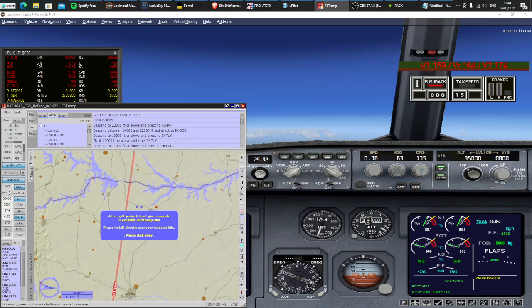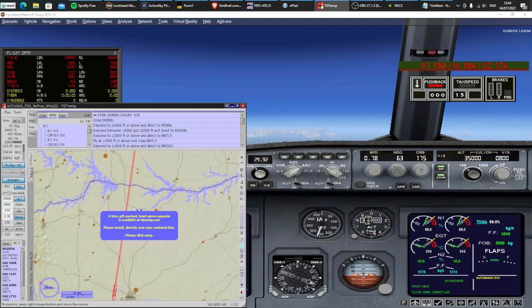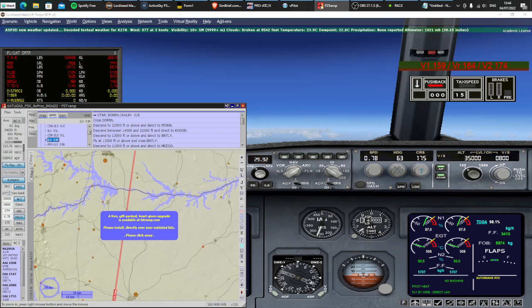So basically Pro ATC makes its own flight plan with vector waypoints and things in it, which is not very useful for Tramp because I want the regular flight plan, not Pro ATC's. It just automatically imported Pro ATC's, which was fine, but it also kind of messed up my waypoint, so I just re-imported the old one and reconfigured it, so don't worry about that. Anyway, so where we were at